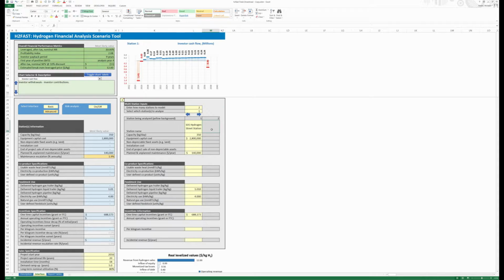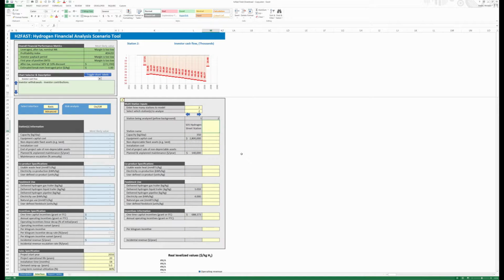Now, let's say that you're not a policymaker, but you're somebody who's producing these stations, and you want to see how big of a station you need in order to get economies of scale such that you don't need incentives. So let's put a second scenario here. Let's say a 2020 hydrogen station. We'll just put a placeholder here, 400 kilograms per day, and we're going to use an equation called